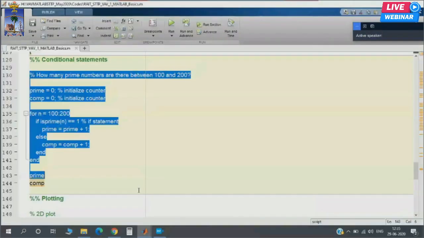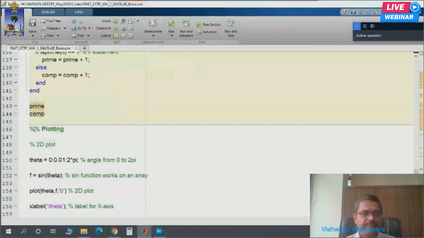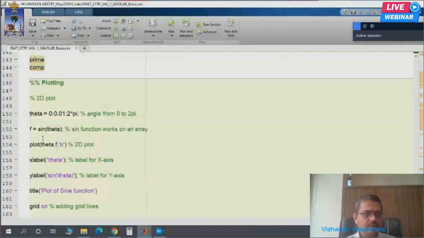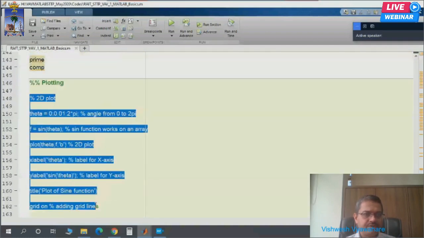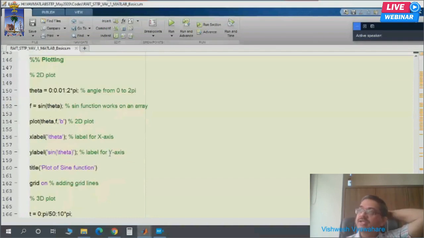Okay, next let us see what is there. Now let's come to plotting. Let's do a 2D plot first. First of all, I would like to tell you that MATLAB has a very strong GUI, graphical user interface, and curve plotting in MATLAB is one of the best,